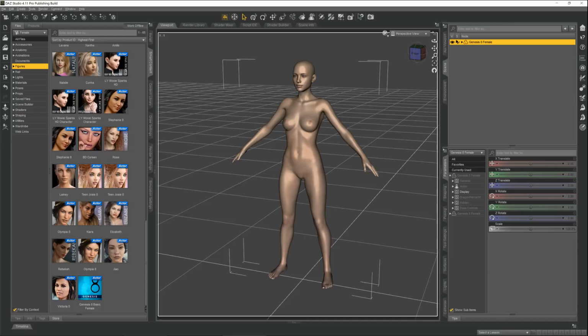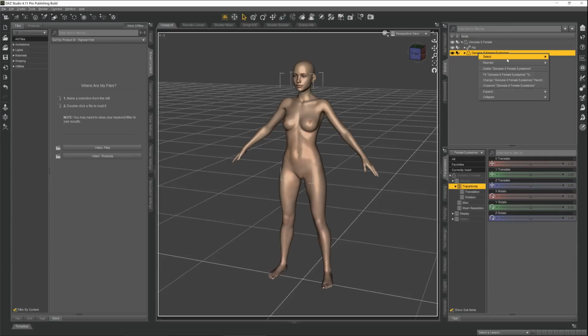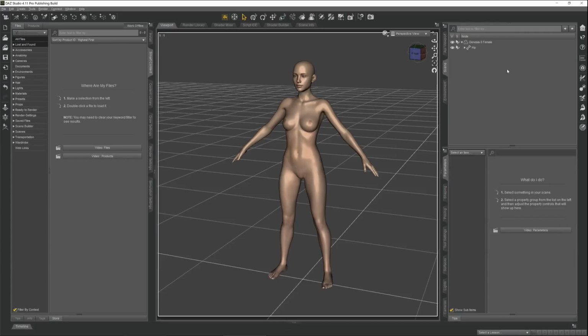we'll be working with. So once you have your Genesis 8 loaded, there's a couple of things you have to do before you can get started. This step's really important because if you forget to do it, it's going to create some problems for you later. Number one is delete her eyelashes. On the Genesis 8 platform, the eyelashes are a separate object, which would create problems when trying to generate the morph. So just go ahead and click on Genesis 8, go down to eyelashes, and let's just delete those for